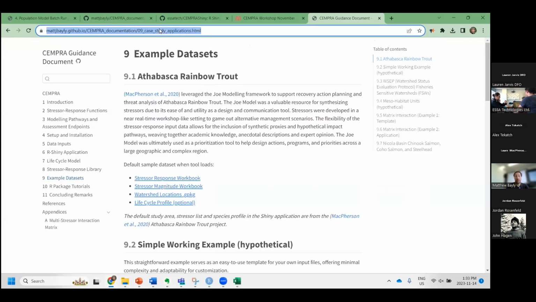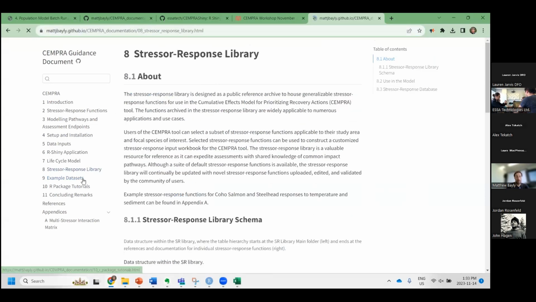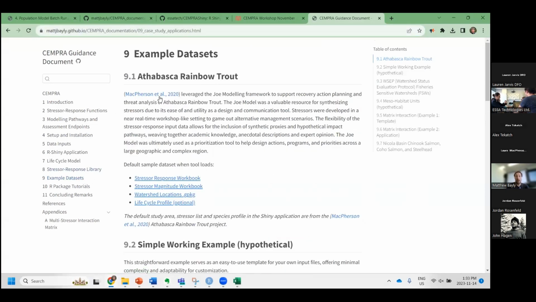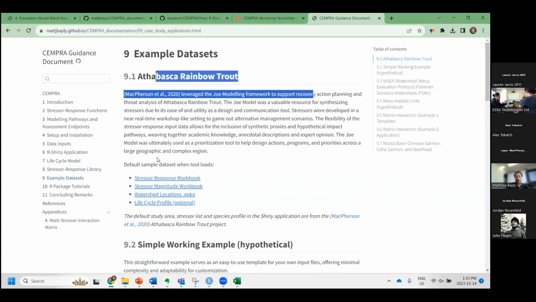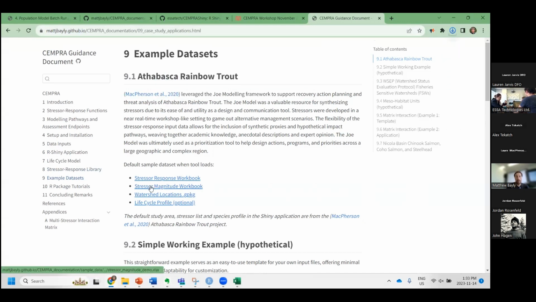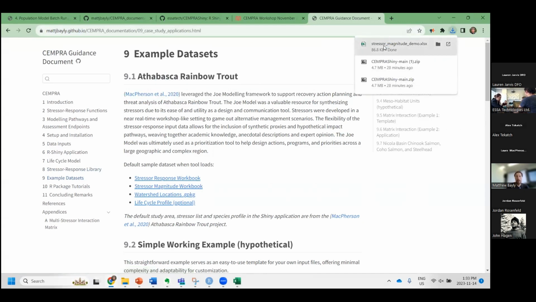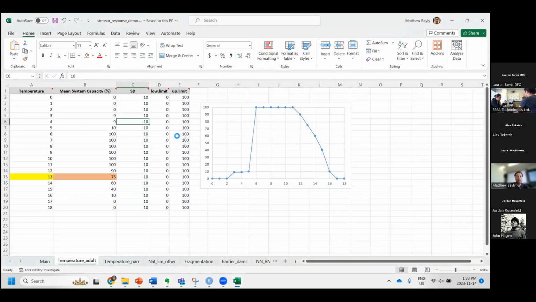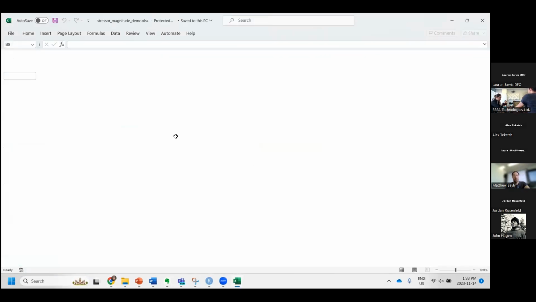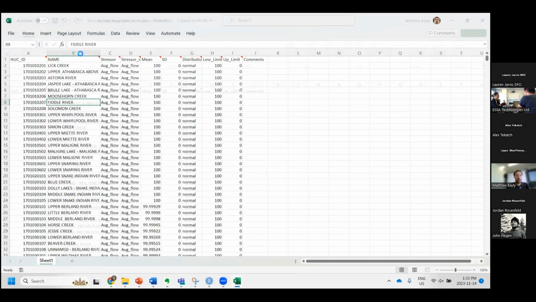So if we go back to this resource page, the example data sets here, and then if I look at the Athabasca rainbow trout example, I'll download the stressor magnitude workbook, and I'll just open it up here to see what it looks like. So the stressor magnitude workbook